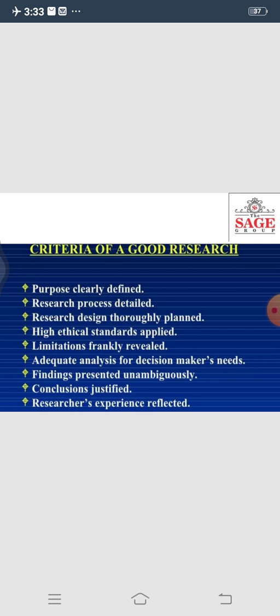Then, researcher's experience reflected. As you do research, you will understand the difficulties that a researcher faces, and as we become senior in this position, we try to rectify those hurdles and overcome them in a very positive way. So these were the criteria of good research. Then the qualities of good research: it should be systematic, as we have discussed, properly designed, and logical. Whatever topic you have chosen should be somehow important for an organization,